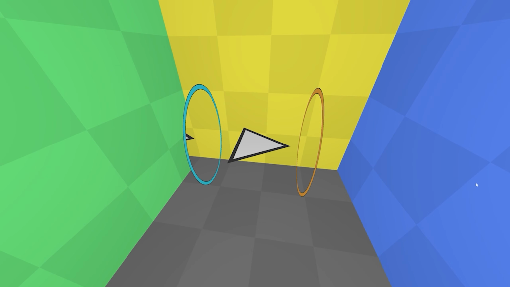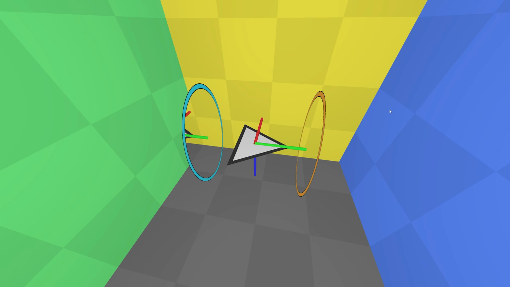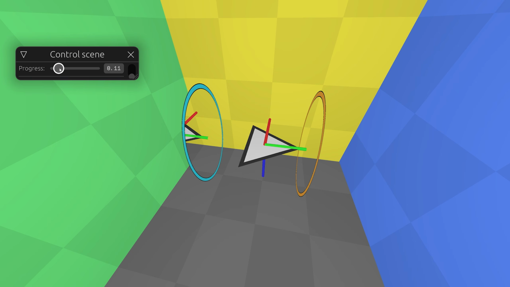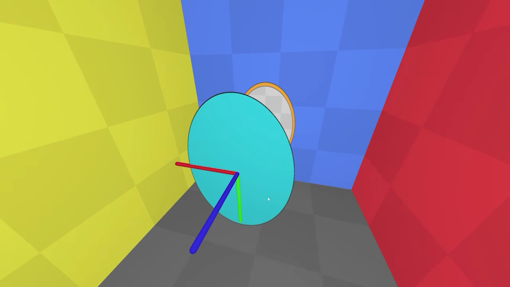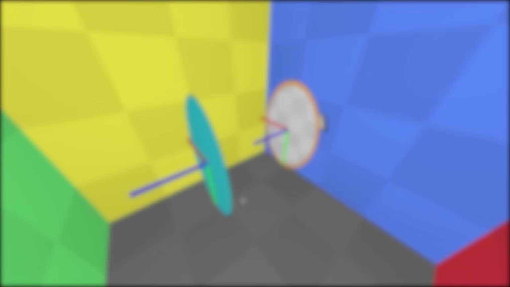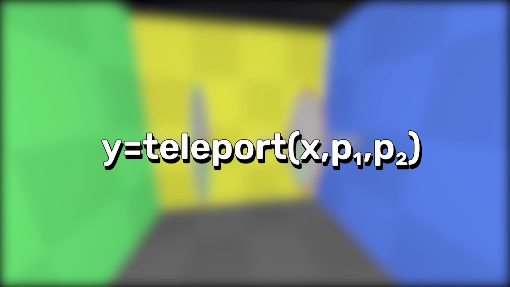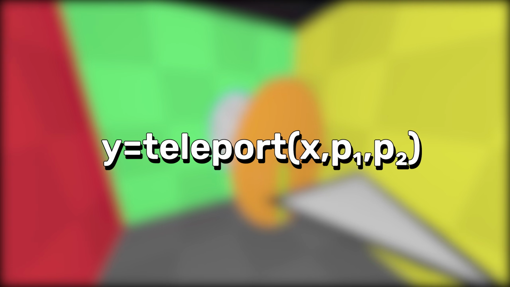First we will learn how to teleport a triangle. The triangle is defined by its coordinate system. This coordinate system determines the plane for the x and y axis, in which the triangle is located. The blue axis is z, the normal axis to that plane. The triangle remains fixed in that coordinate system. Therefore, to move the triangle, we need to move its coordinate system. Similarly, portals are just planes determined by two coordinate systems. And there is an operation called teleportation, which takes three coordinate systems and returns another coordinate system.